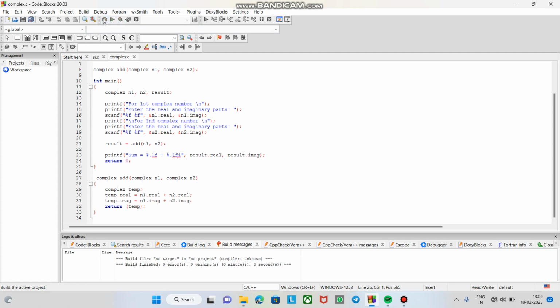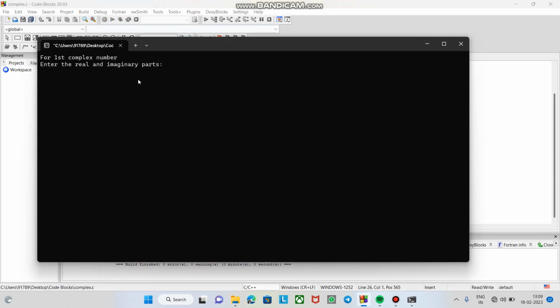Now let's execute it and see. So compile, build, and execute. It is asking me for the first complex number, enter the real and imaginary parts. So let me give the real part of the first complex number as 2 and the imaginary part as 4. And for the second, let me give the real part as 5 and the imaginary part as 3. Now after this,